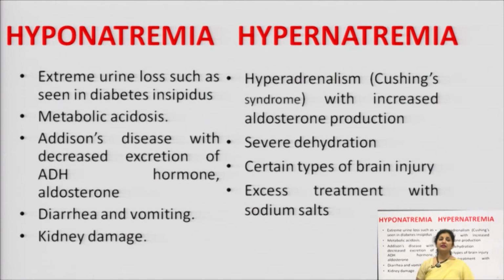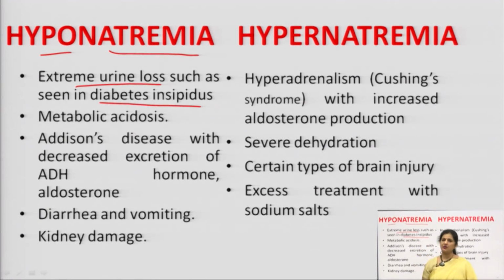Now, there are conditions when the sodium ion is lesser or it is higher. If it is lesser, it is called hyponatremia. How does hyponatremia arise? कैसे होता है ये, है ना? So, excess urine loss. When urine loss is there, sodium is also excreted. That leads to the hyponatremia. An example is diabetes. Diabetic patients have the excess urine loss, excess sodium loss, and that is going to lead to the hyponatremia.